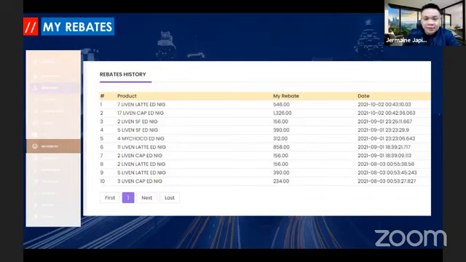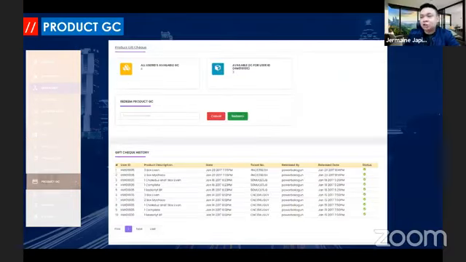Now, let's move on. Product GC. So we have two GCs right now. We have the travel and the product. For now, travel GC is on hold. It only shows in your DTC if you have travel GC. But for now, the only thing that we have is product GC. So as you can see here, in your product GC dashboard,